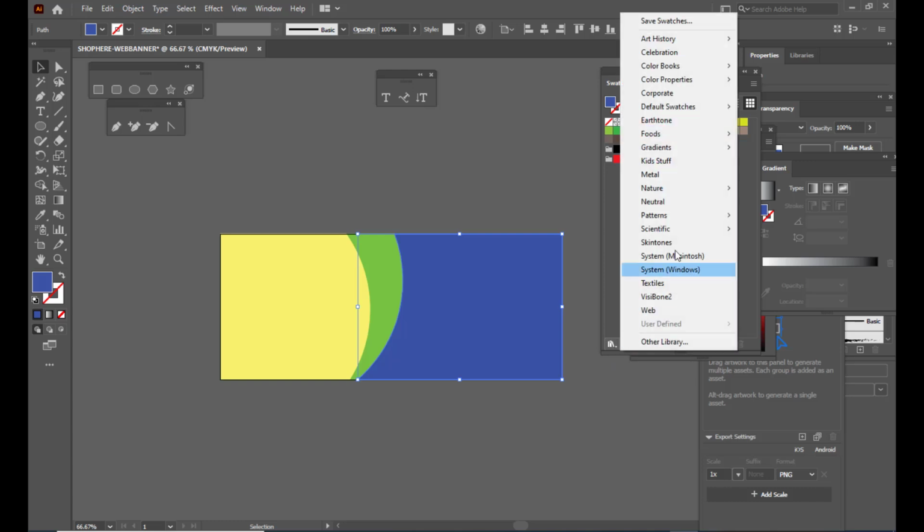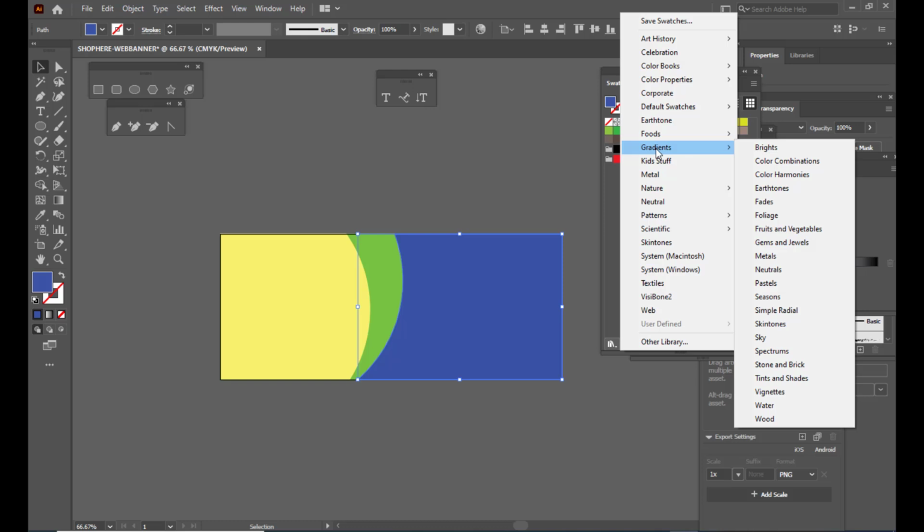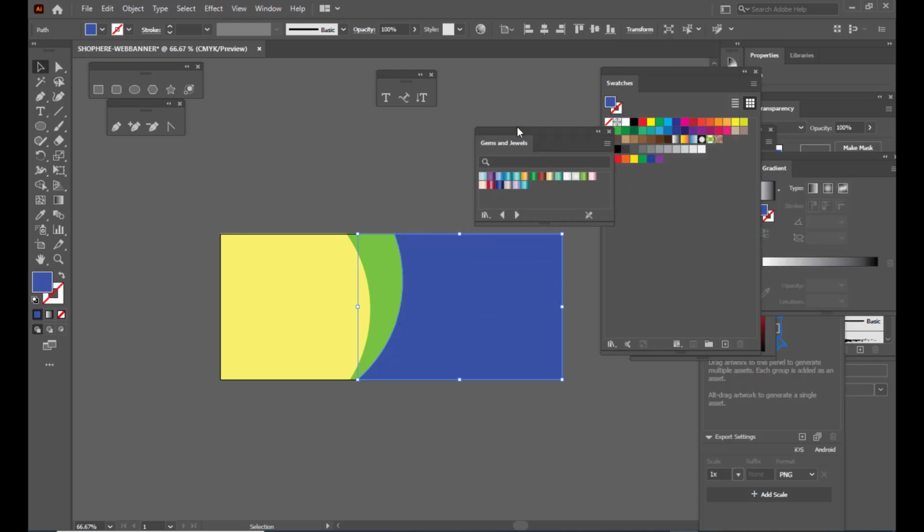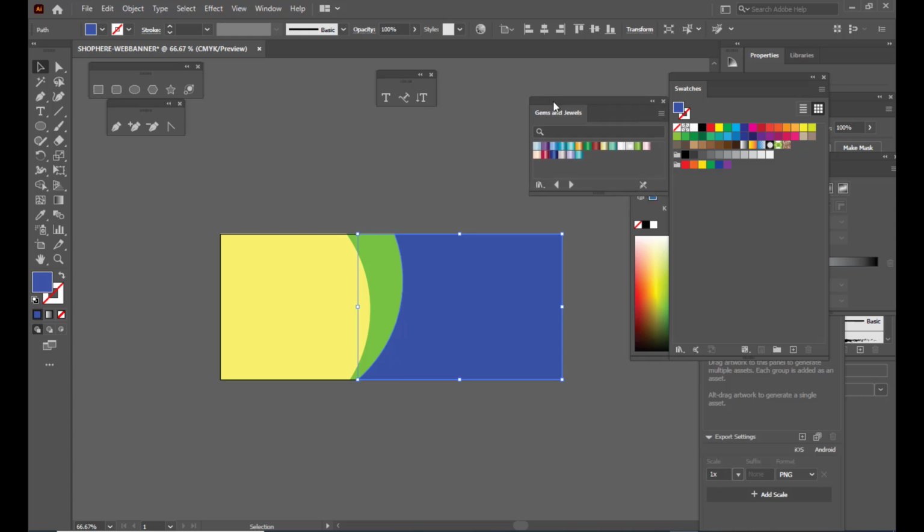Just click on that, and then here we have the gradients option, and in the gradients option we have something called gems and jewels. Select gems and jewels, and here we have a number of inbuilt gradients. We will be applying some of the gradients to our sections.